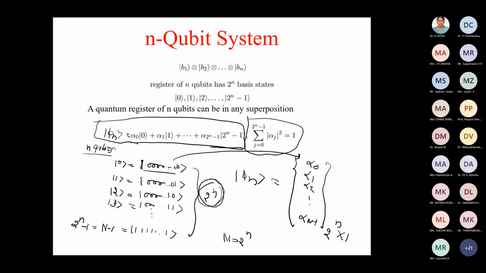Why? Because using only n qubits, if you put the value of n equal to 30, how many states will be there? 2 power 30, and 2 power 30 is almost 1 billion plus. So only 30 qubits are there, and you are able to hold 1 billion states, and you can manipulate them also. You can compute some function over them. So it's a tremendous memory, you can say. The n qubits are able to hold 2 power n data, and in quantum, you can manipulate it also. But the constraint is that once you measure it, you will get one of them with certain probabilities.